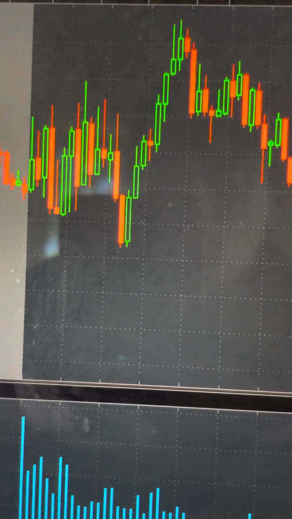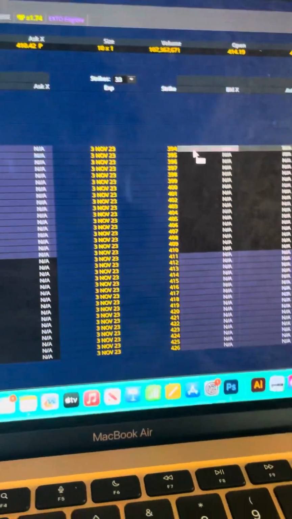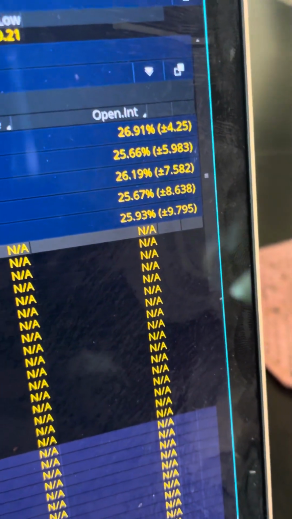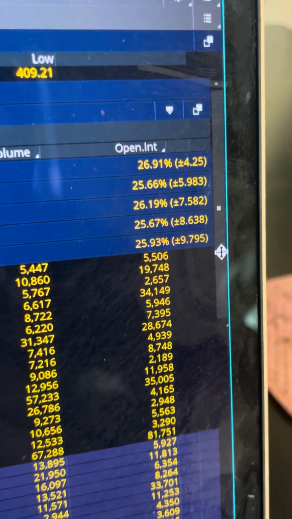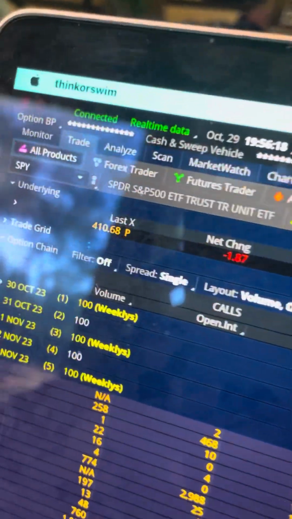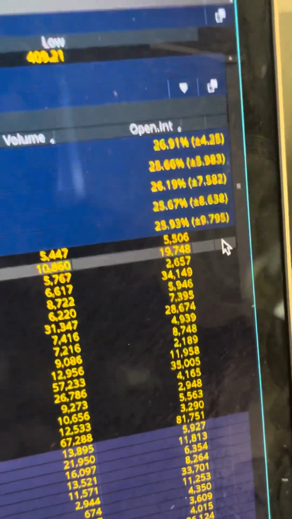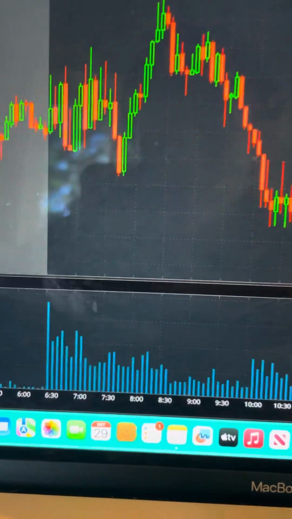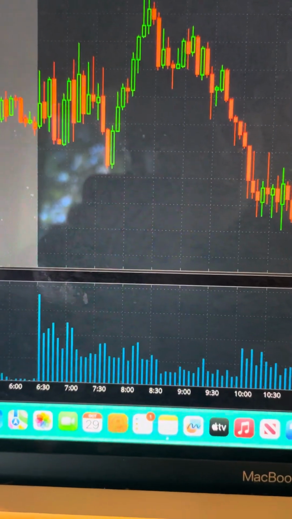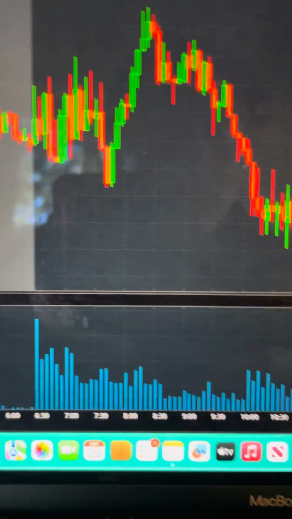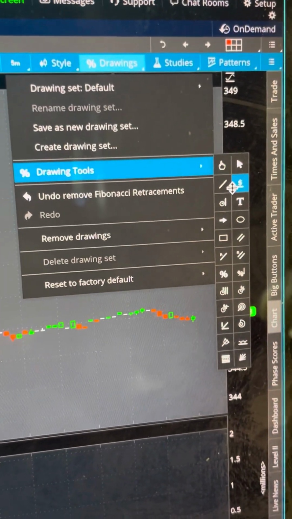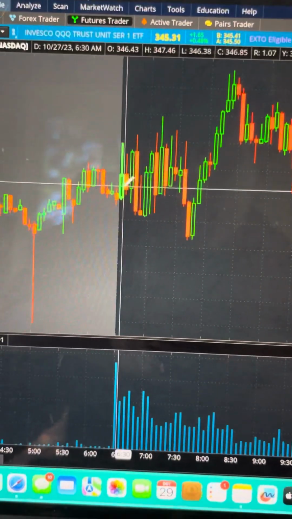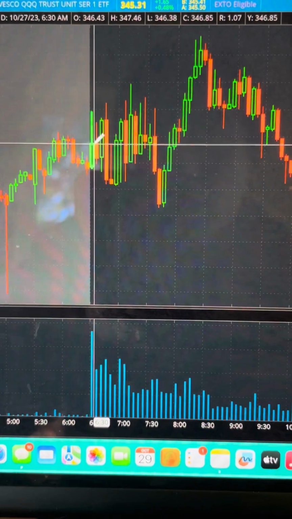If you don't know about expected move too, you just go here to all products. It'll be right over on the side. You just calculate this. So if it's 410, the last X, you would plus or minus that with that, and that would be your expected move for calls or puts. So once you find out your expected move, you just go over here, get this trend line, and then wherever this candle